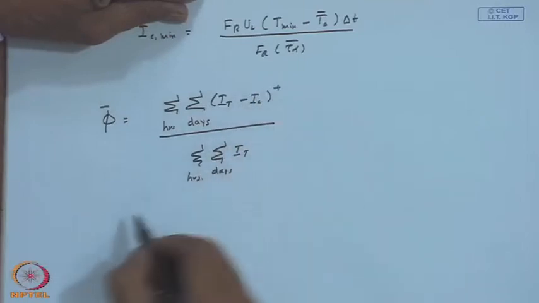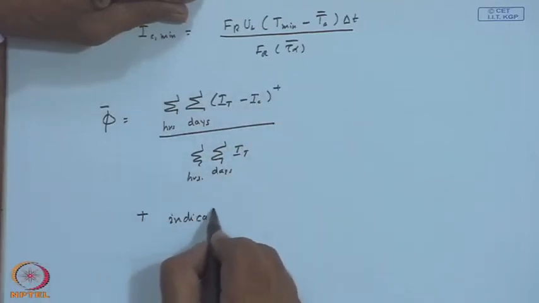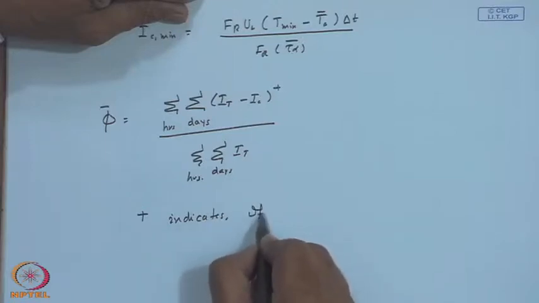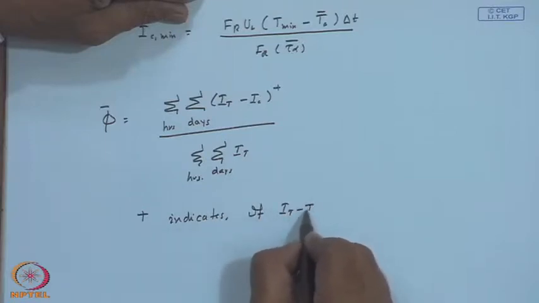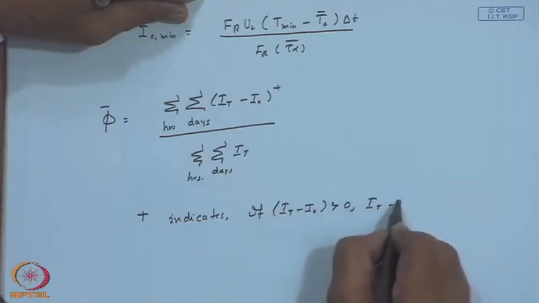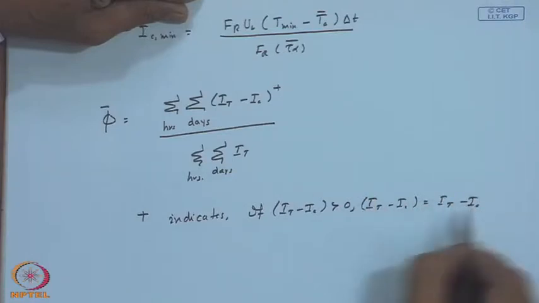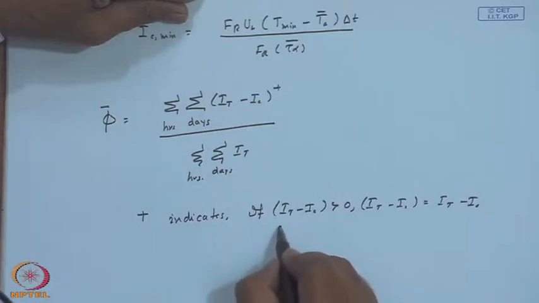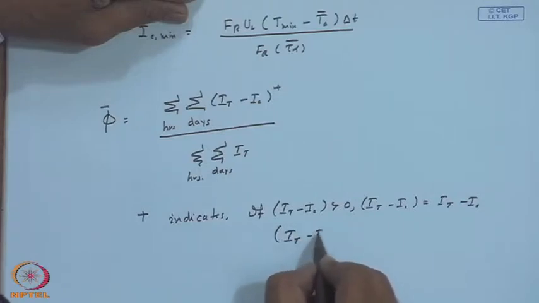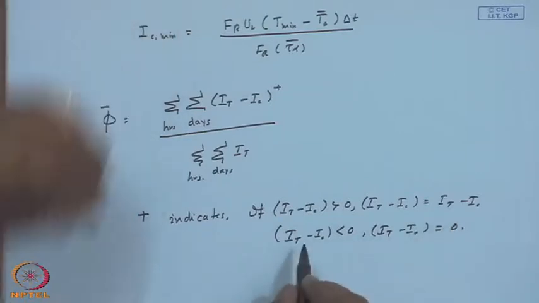That means, this indicates that if I t minus I c is greater than 0, it is I t minus I c, and if I t minus I c is negative, it is set as 0, which means